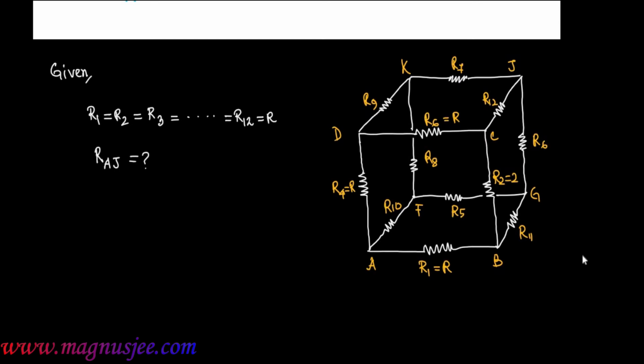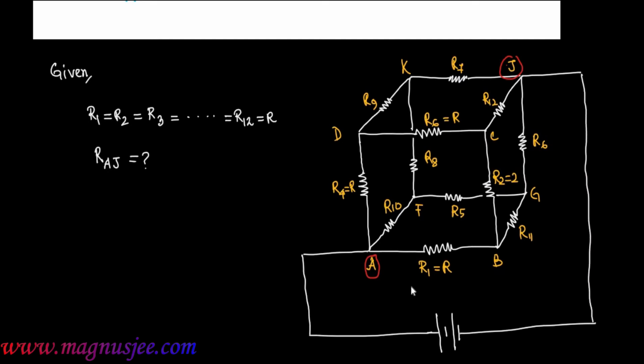And we have to find RAJ, the equivalent resistance between the two corners of this skeleton cube. To find the equivalent resistance between the two corners A and J, we can connect a battery of EMF E between those two corners A and J of this skeleton cube containing 12 equal resistances, and we can assume that the current generated from the battery is 6I. 6I is the current which will be flowing through this skeleton cube, generated from the positive terminal of the battery of EMF E. From the corner A, total current 6I will be divided into